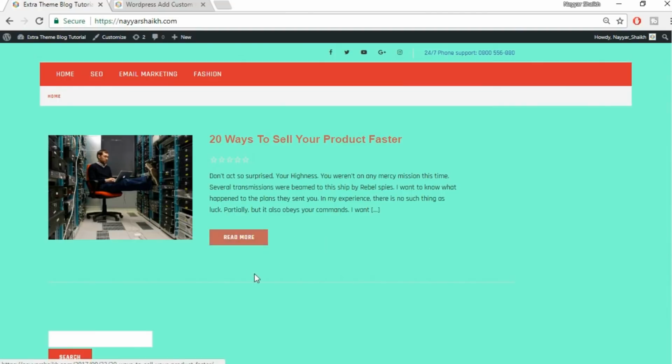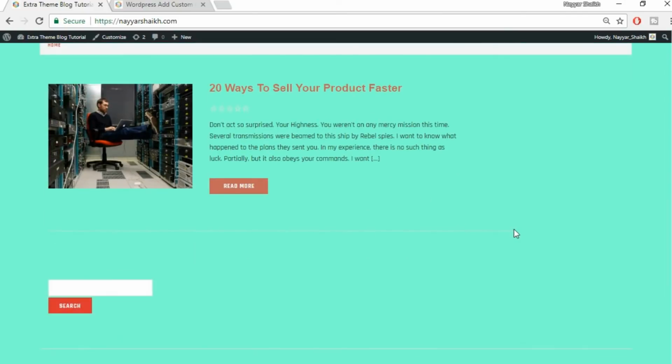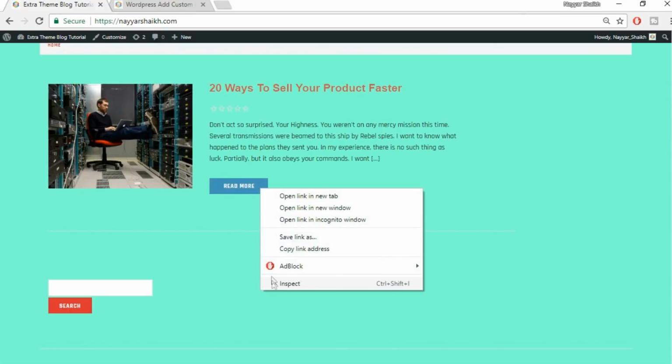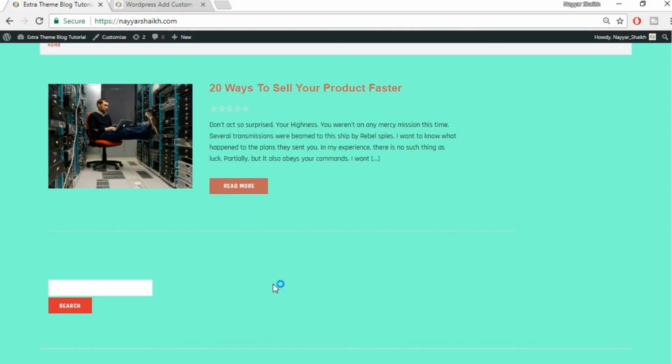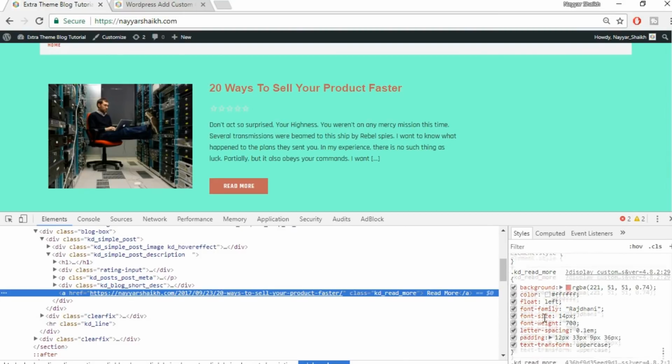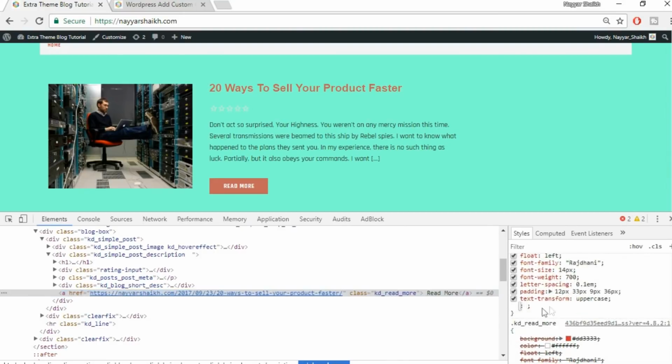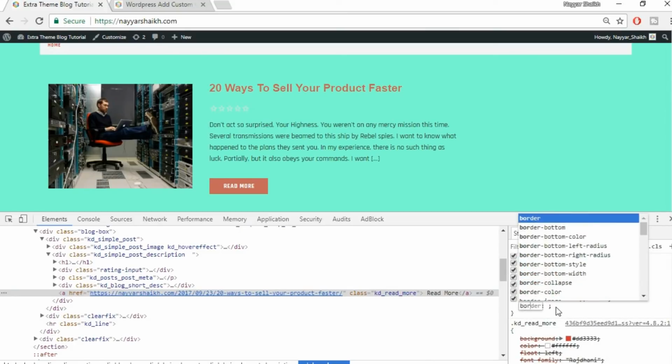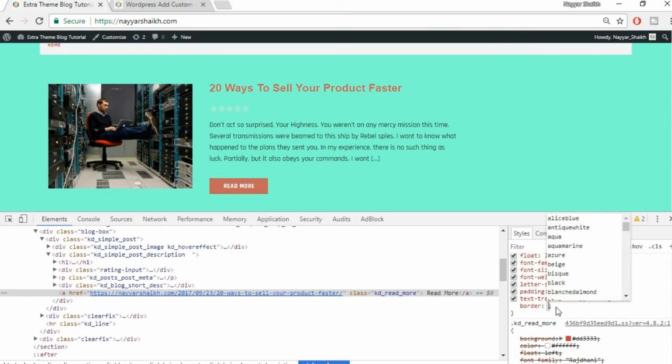Okay, so when you see, there is no border at this button, but suppose you want to add some border just to beautify the website, you can also do that. Okay, so let's do that. Let's right click on this button, select inspect. Okay, so let's add a border over here. Under this code, you can just click on over here to add a new line and just type in border, simple. Okay, just type in border, press enter,